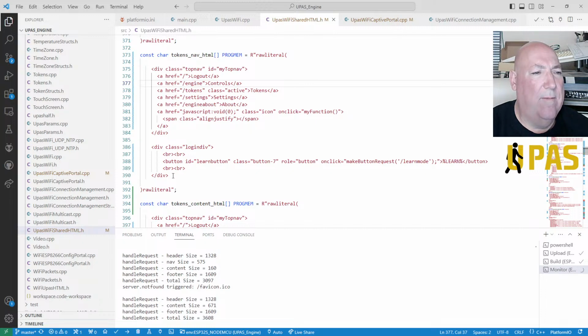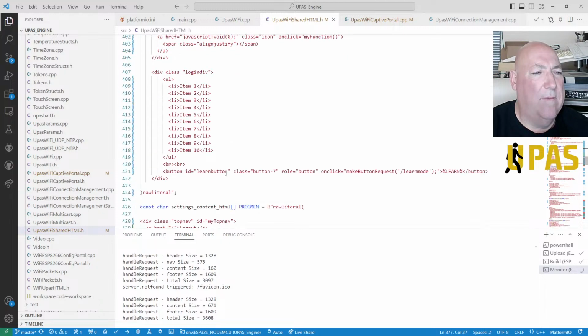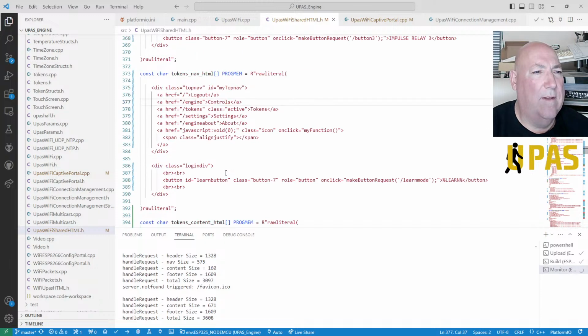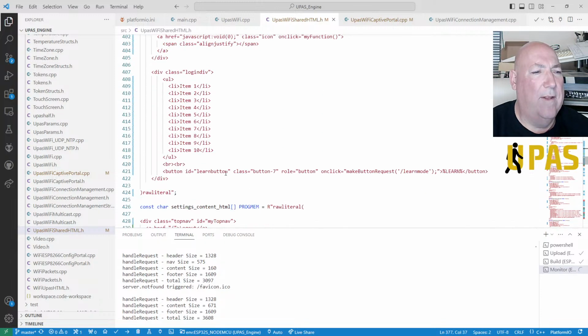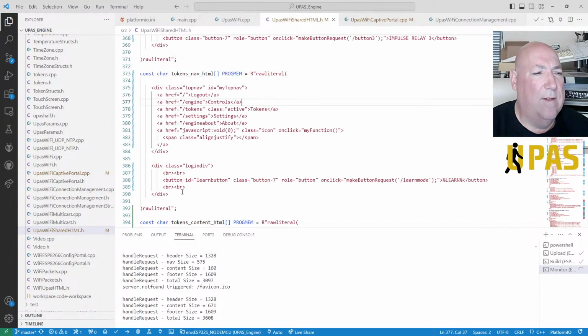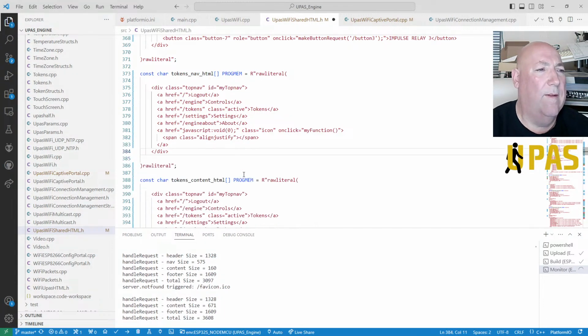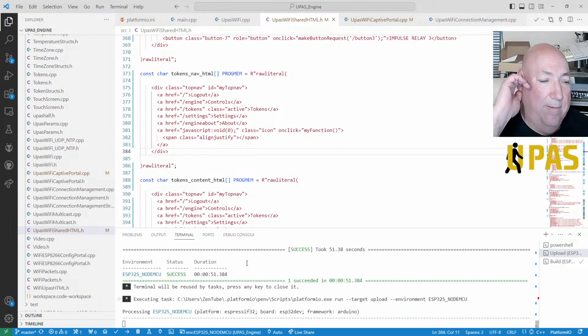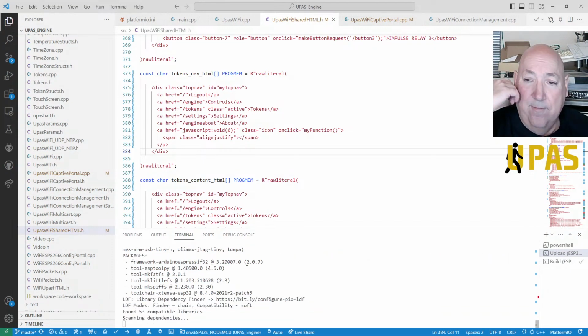So get rid of the learn button for a bit if you like. We've still got the learn button down there anyway, so let's hang on, have we got the learn button down there? Yeah, learn, we've got learn twice. So let's get rid of the learn button. And it's just going to be exactly the same, isn't it? Right, let's try it. I think it'll be the same. Don't really know what's going on with it.